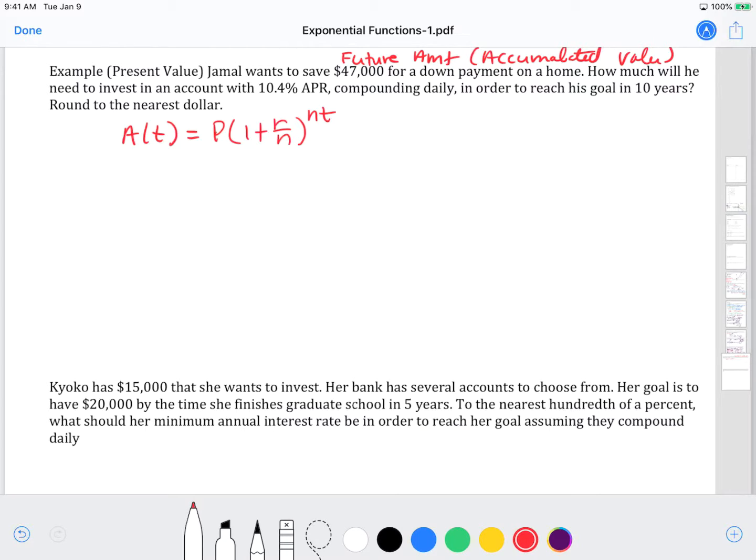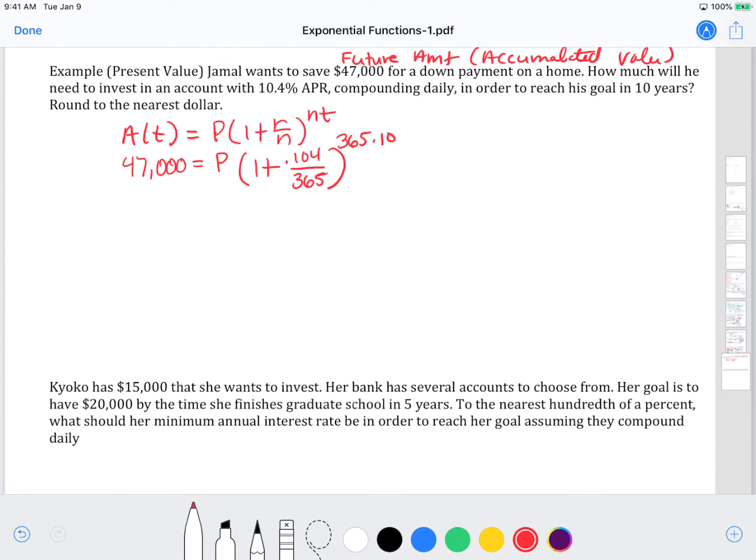And the A of t, which is our future amount, that's what we want to have in the future, our accumulated value, that's going to be 47,000. The principal is what we're looking for. That's our starting amount. So I'm going to leave that as P. The rate that they give us is 10.4. So I'm going to put that in as 0.104. It's compounded daily, so my n is going to be 365. And so I'm going to have 365 times 10 in my exponent